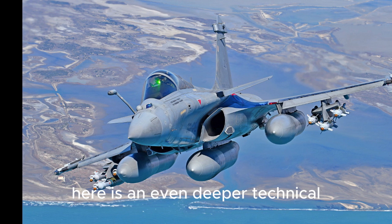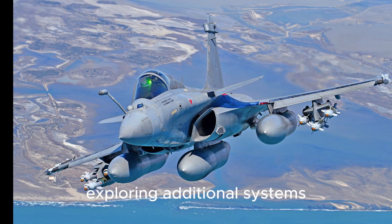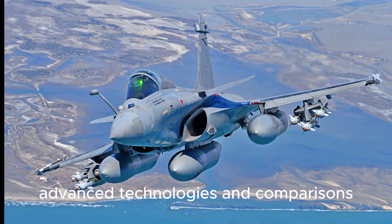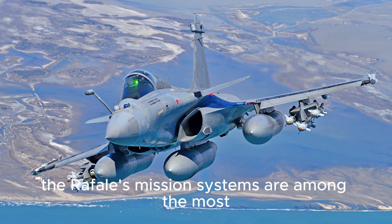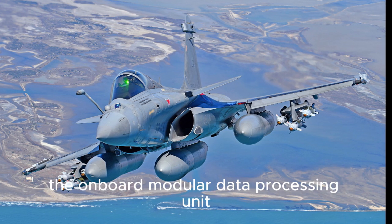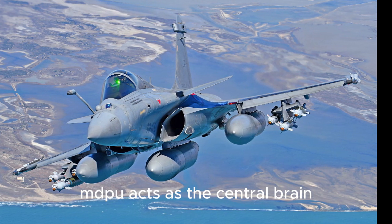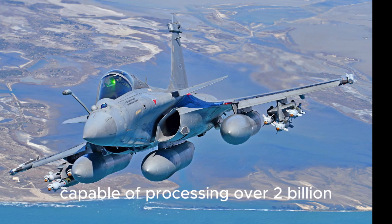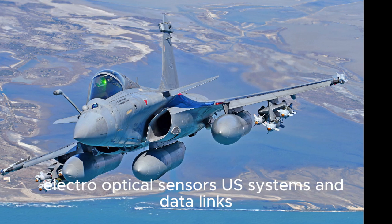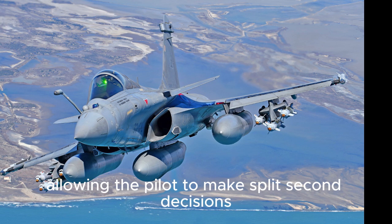Here is an even deeper technical and performance-focused continuation of the Dassault Rafale profile, exploring additional systems, endurance characteristics, advanced technologies, and comparisons. The Rafale's mission systems are among the most integrated in any fourth-plus generation aircraft. The Onboard Modular Data Processing Unit, MDPU, acts as the central brain, capable of processing over 2 billion instructions per second. It fuses inputs from radar, electro-optical sensors, EW systems, and data links, allowing the pilot to make split-second decisions with